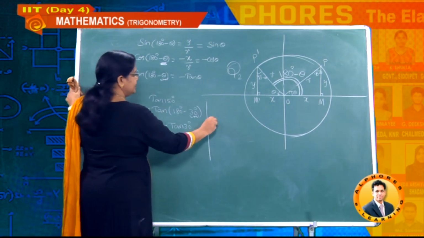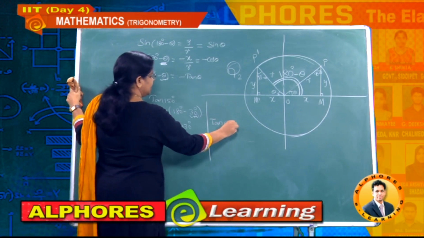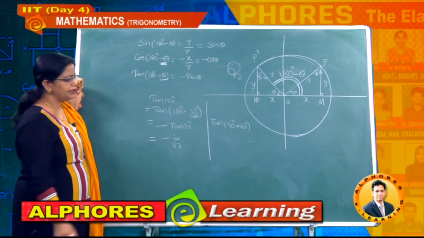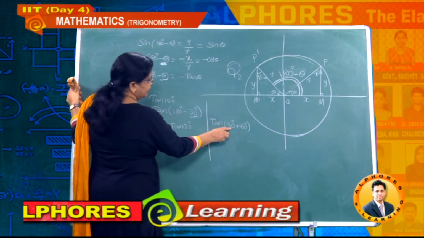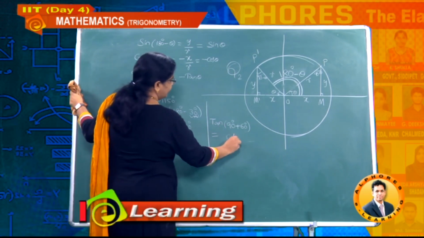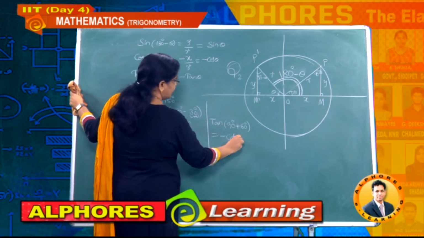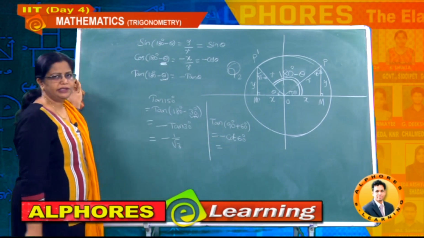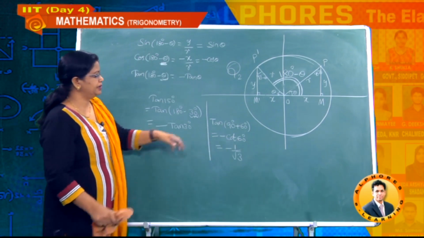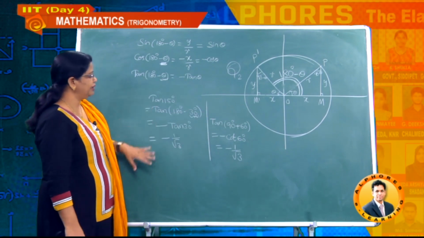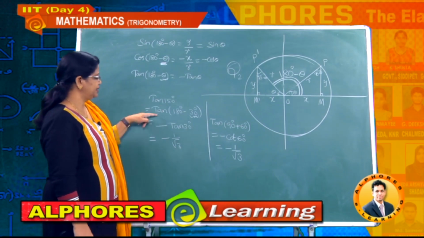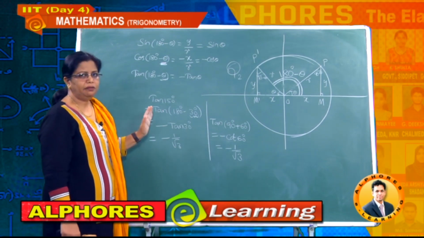Then you might get doubt again, will it be the same even if you use 90 also? Again it is same, because I am writing 150 degrees as 90 plus 60, therefore this value is a 90 value. So, just now we observed the function must change, that is cot, moreover the symbol also changes, minus cot 60 degrees, and you know cot 60 degrees value is 1 by root 3, so minus 1 by root 3. So, if you use the 90 plus formula or the 180 minus formula, the final answer will be the same, no change in that, but the only advantage is here you can concentrate only on the symbol but not the function.